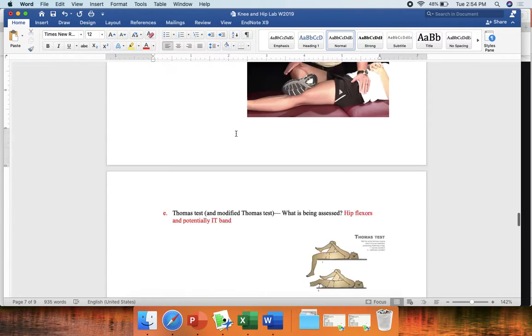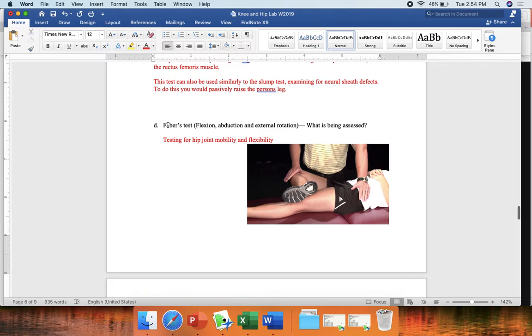A couple more, so 3 more on this. The next one up is Faber's test. You can see this here. Faber is for flexion, abduction, and external rotation at the hip. Or you can, this is also known as the figure 4, because you're just creating a figure 4 at the hip. So this is a general test, and I should include this, and for SI joint